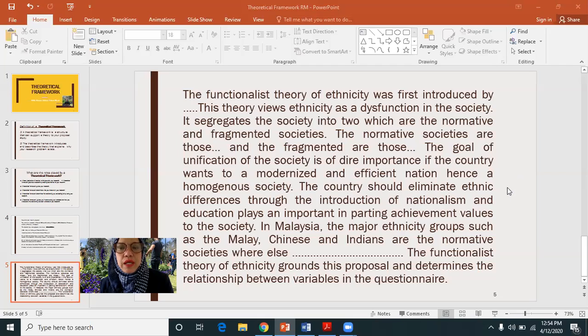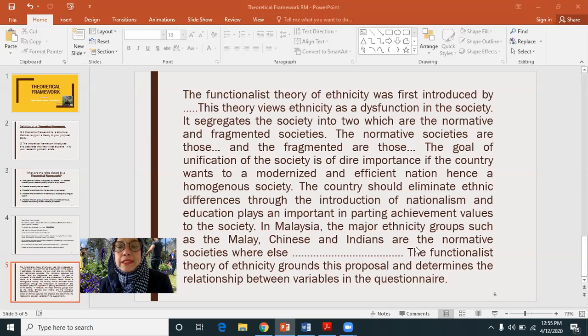The country should eliminate ethnic differences through the introduction of nationalism, and education plays an important role in imparting achievement values to the society. Then I will go to how it is related to our own situation in Malaysia. In Malaysia, the major ethnic groups such as the Malays, Chinese and Indians are the normative society, whereas I will talk about the relationship, how the theory is related to our country,